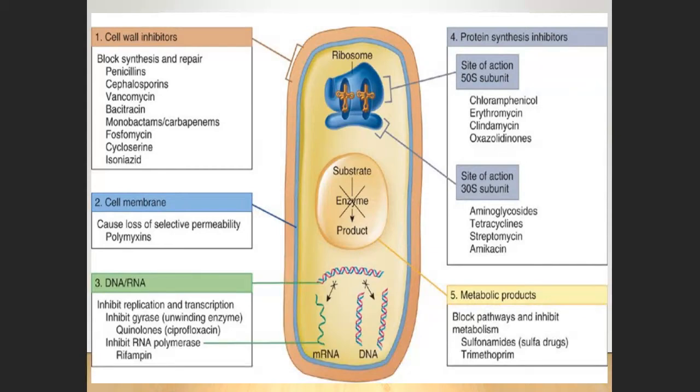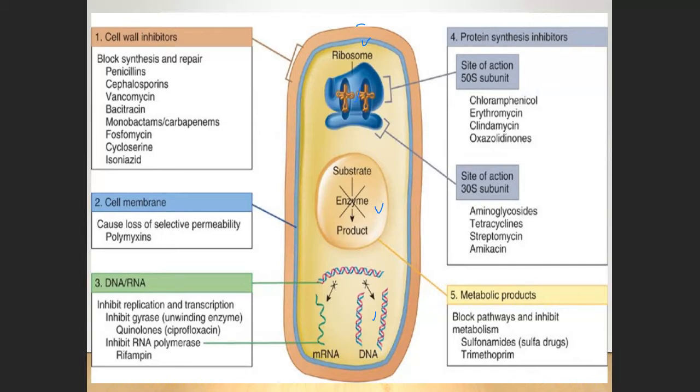Again, if we talk about the bacterial cell, it has cell membranes, DNA, which is the chromosome, of course, ribosomes for protein synthesis, and some metabolic pathways inside the bacterial cell. So we're talking about the processes and structures of the bacterial cell, which are our targets for the drugs